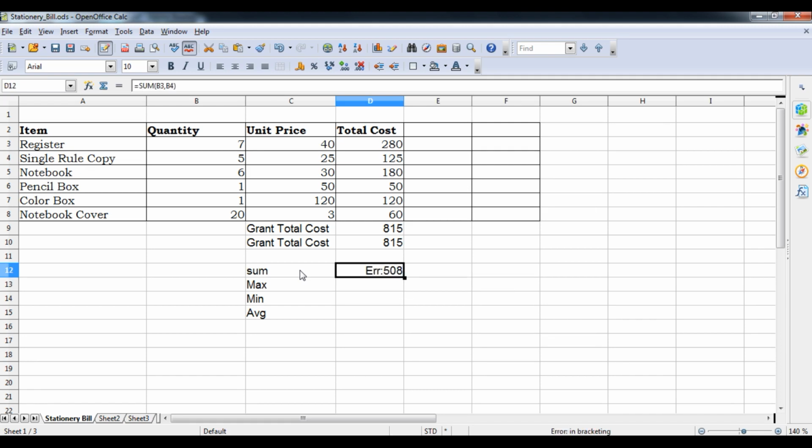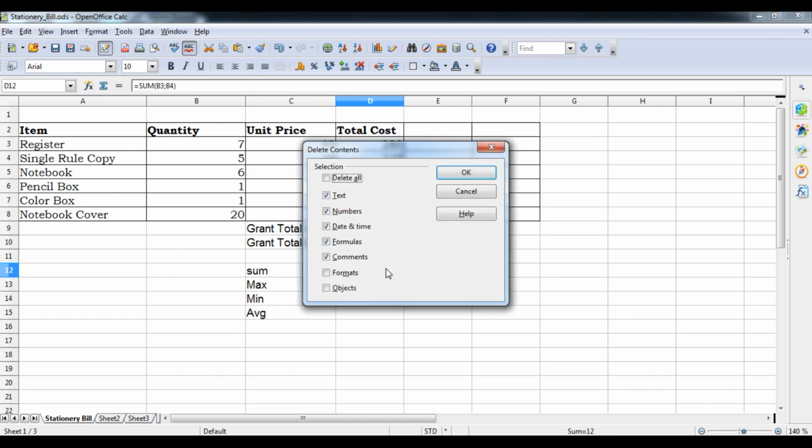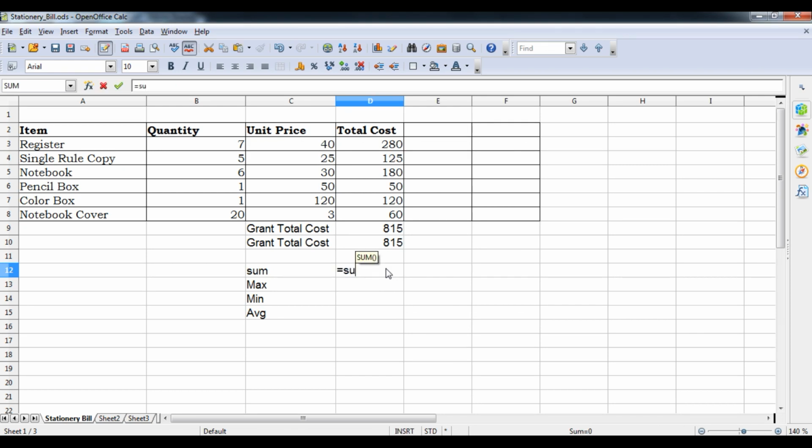Here is important information for you all, student: when you are going to provide sum, B3 semicolon B4, then round bracket close. Now you can see that the value has come.